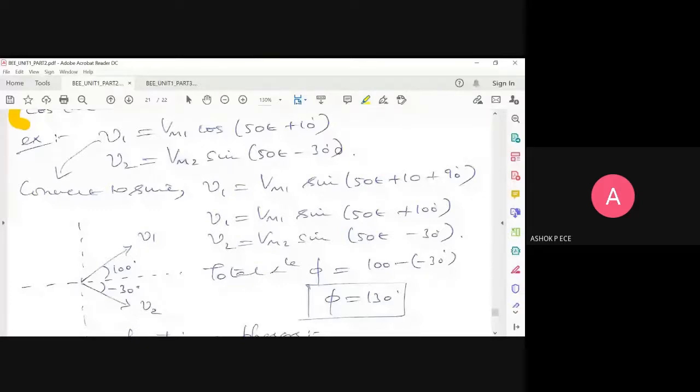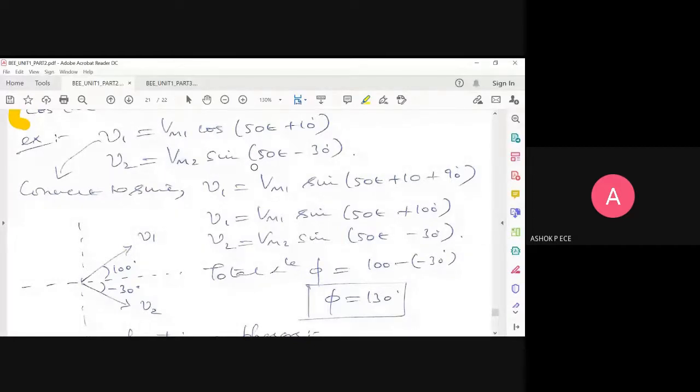Are all the conditions satisfied here? Three conditions I said, right. Which condition is violated here? Both should have either cos or sine function. What do we have here? One is going to be cos, the other one is going to be sine. So I cannot draw the phasors directly. So what should I do? Should I convert cos to sine or sine to cos? Cos to sine, sir. It's always better to convert cos to sine because I told you sine is our reference.